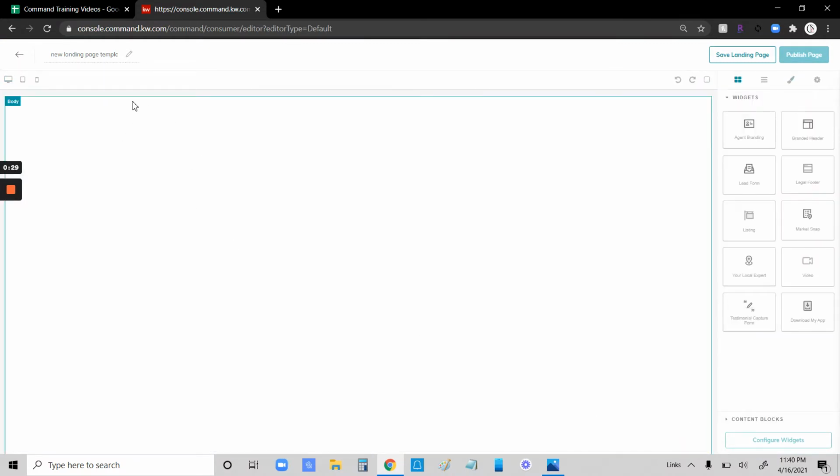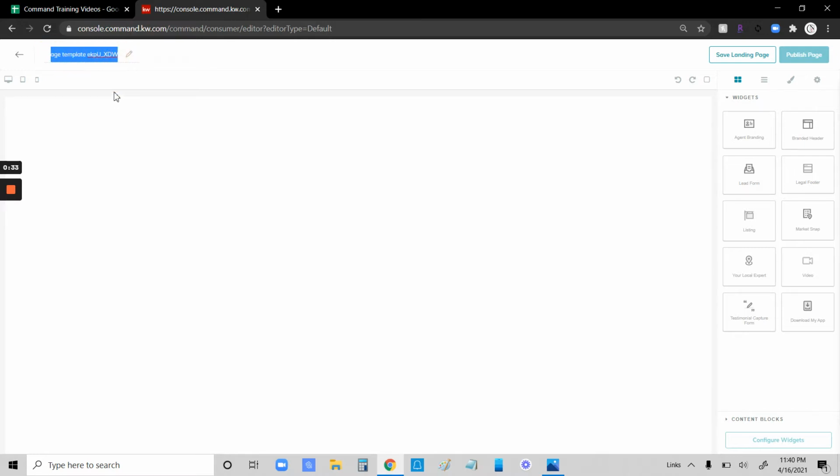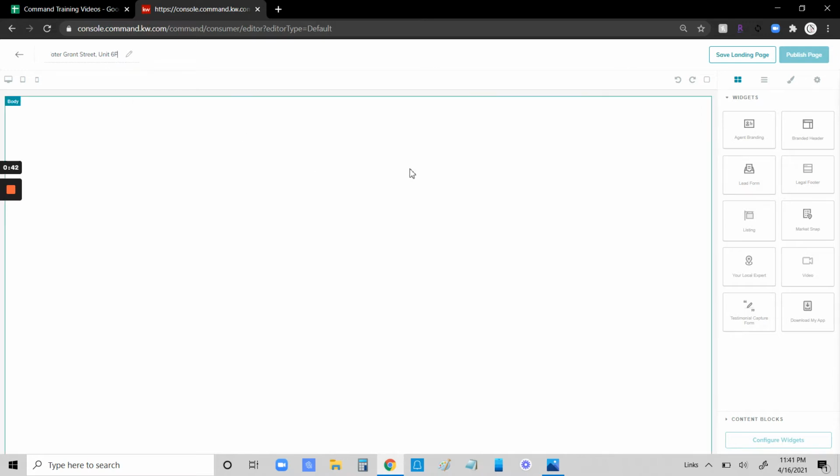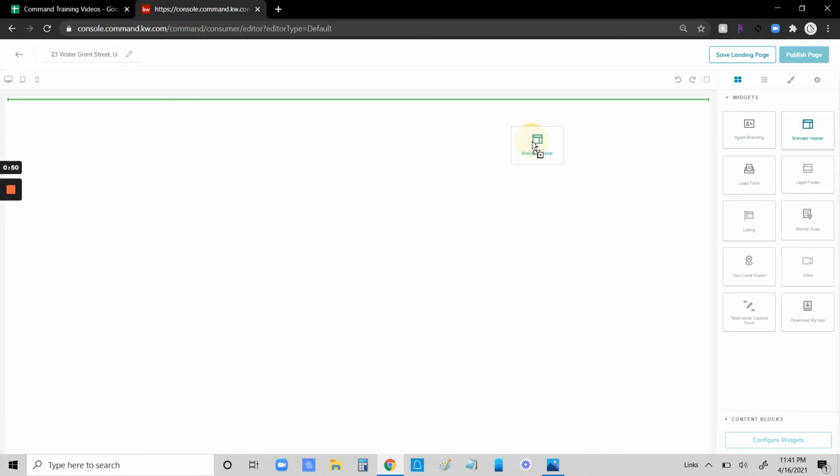Here's our blank template. The very first thing we're going to do, upper left-hand corner, we are going to name it. If we don't name it, we won't know what landing page this is. On the right side, we're going to grab the branded header widget. So we're going to hold it down with our mouse and drag it over to the left